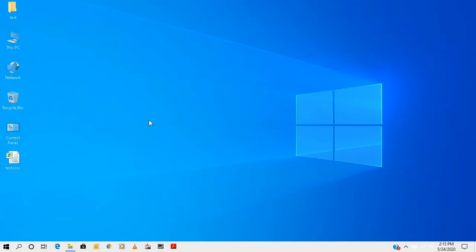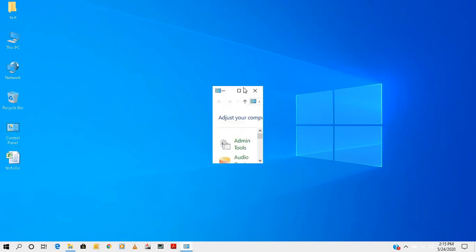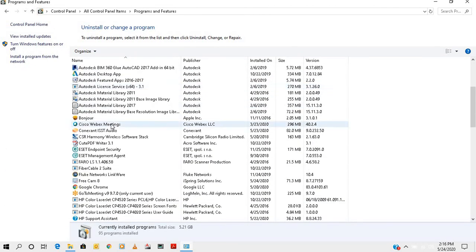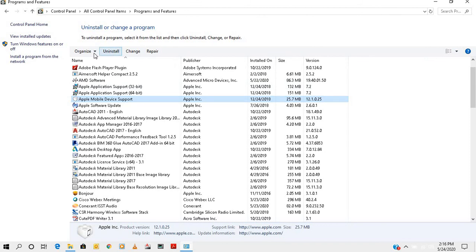Friends, apart from that, we have another setting, which is the control panel. You just click on the control panel, and you have a lot of services, a lot of things to use from here, a lot of things to do, and a lot of things you can play with. If you want to add or remove any program, you just go into the control panel and then go to Programs and Features. Whatever you want to remove, you just click here and uninstall, change, repair, or if you want to upgrade, you can do it from here.